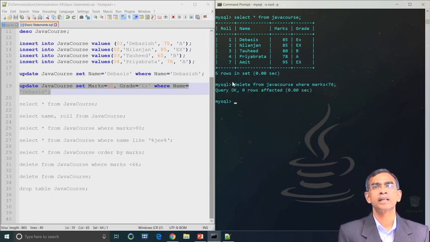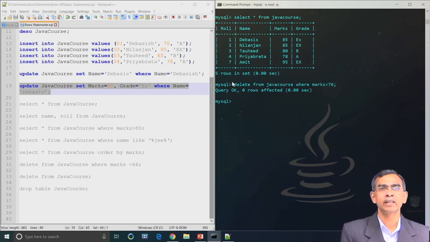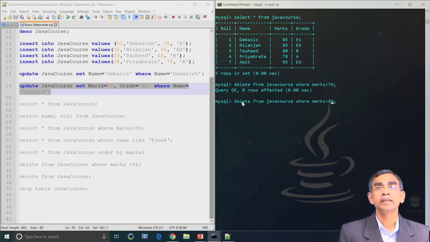There is no entry which satisfies this, so no deletion happens. Now, we give the command with marks less than 85. Okay. So, here we can see 2 rows have been deleted.